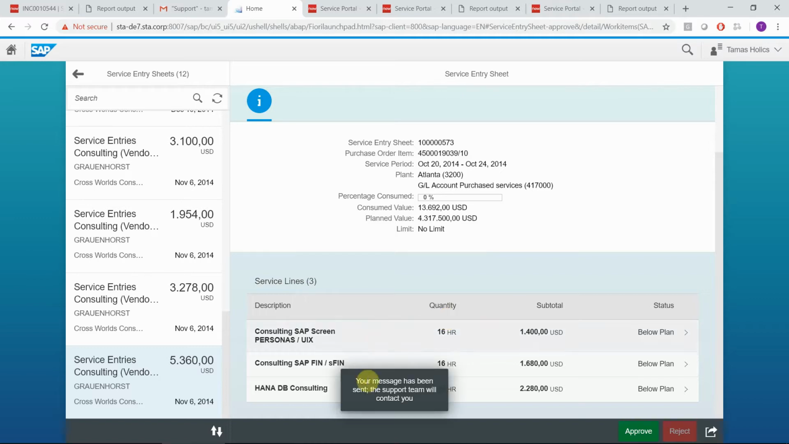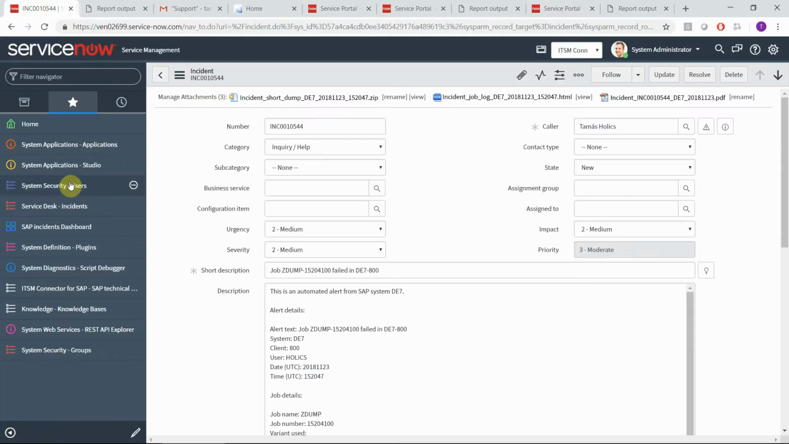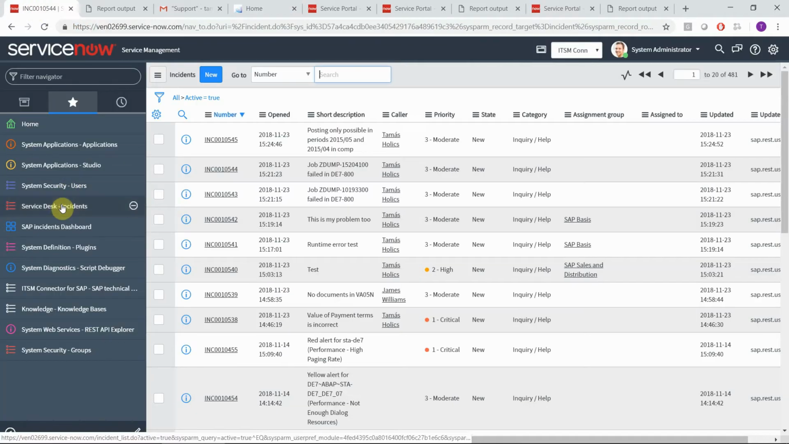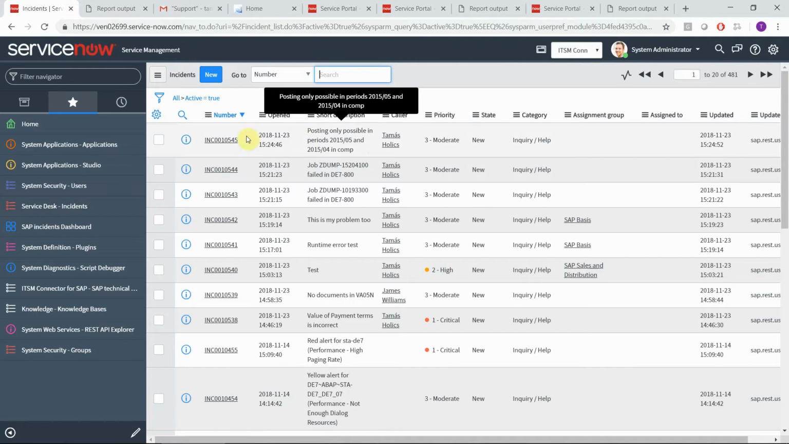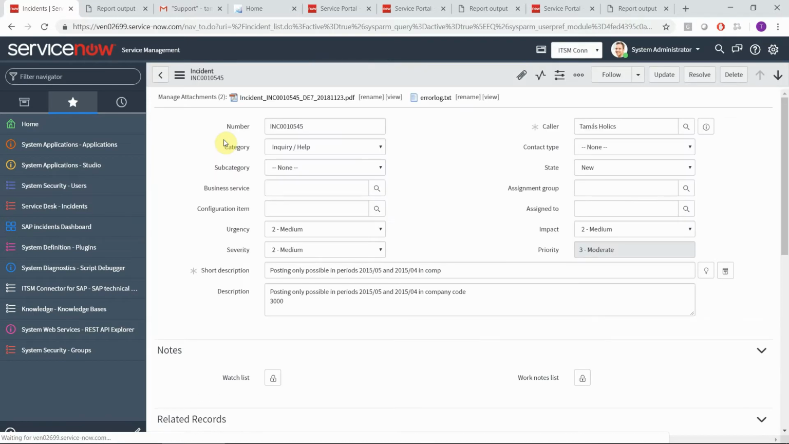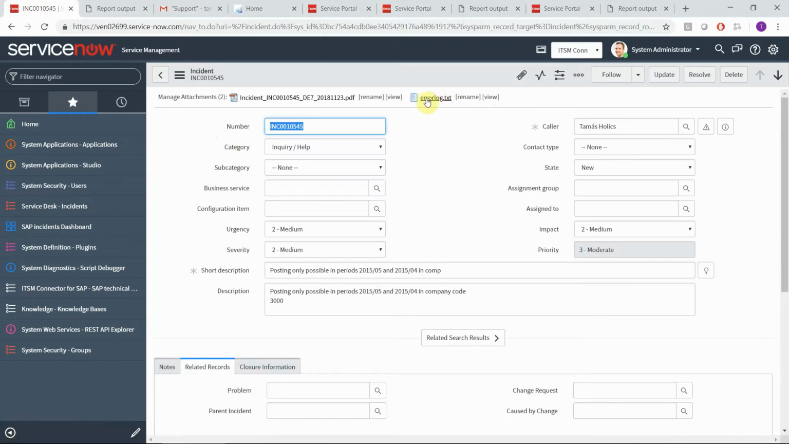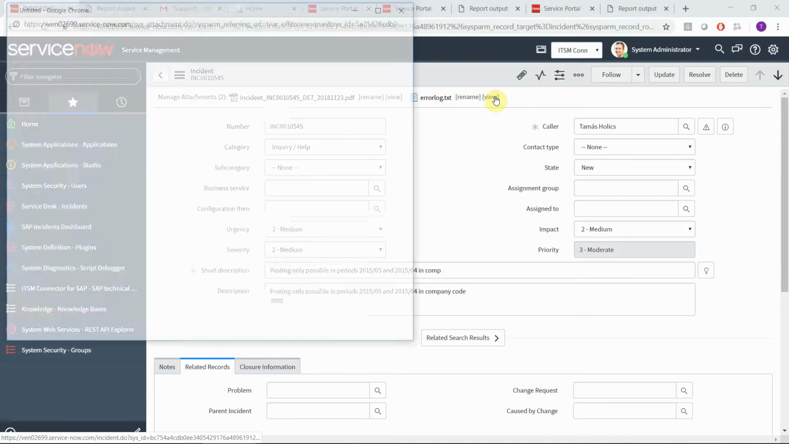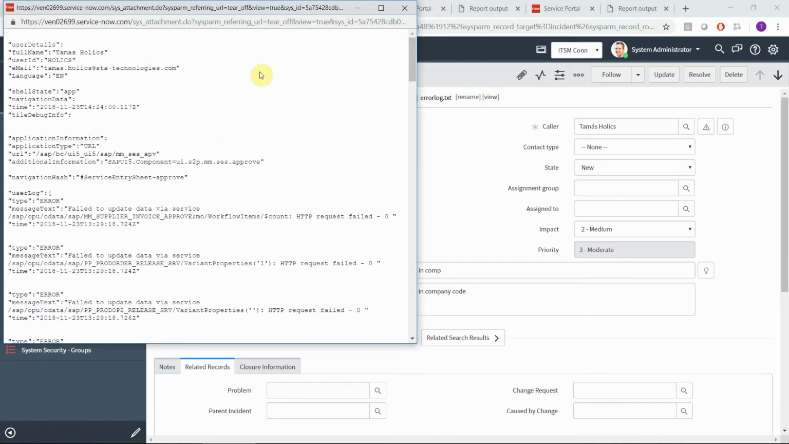Once it's submitted to ServiceNow, you get a success message here. So let's check what happened. Here you go. This is the last incident that we just created. If you click on this, then you get one extra attachment, which is compiled by the